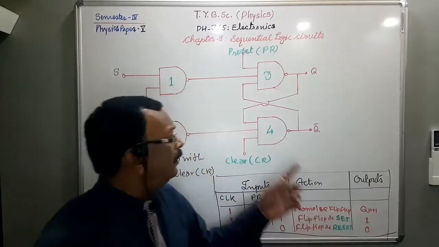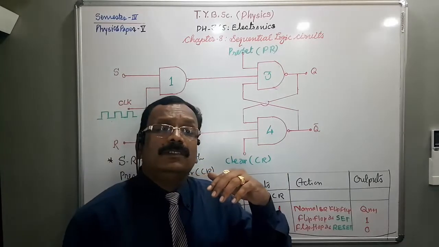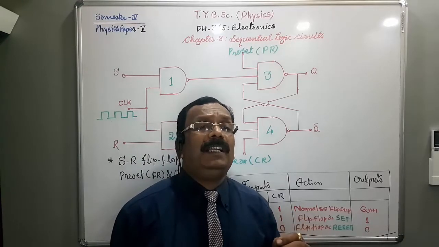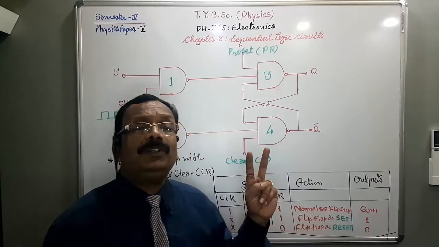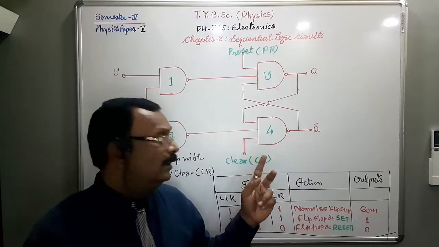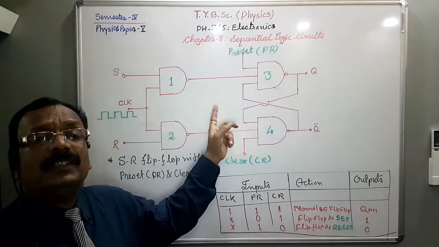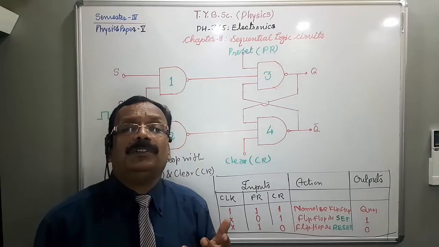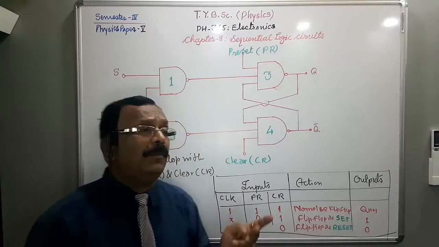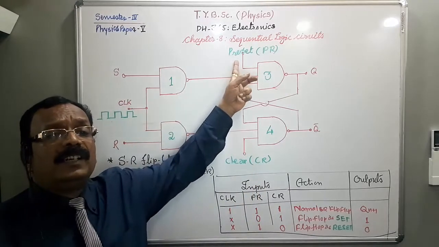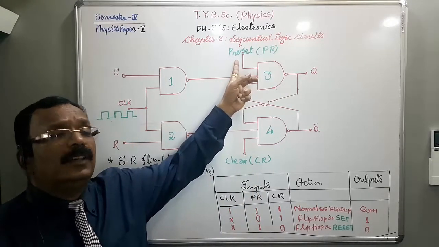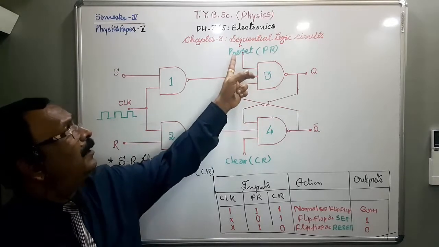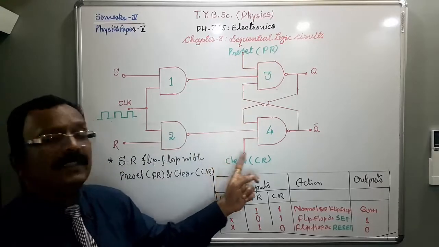Okay. So in order to understand the initial setting of output by adding two more input terminals to a flip-flop, consider this figure. This figure illustrates the initial setting of output which can be practically achieved by adding two extra input terminals to a flip-flop, and these two input terminals are called preset, that is PR, and clear, that is CR.